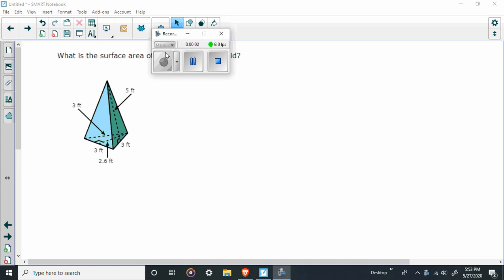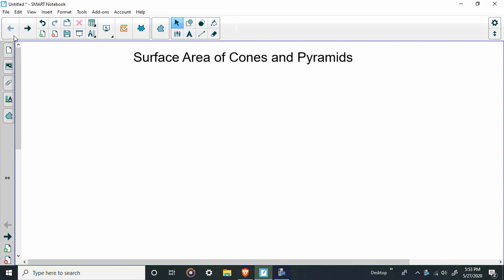Their geometry students. So we're going to talk today about surface area of, put the title here, of cones and pyramids. It's a little bit different than the surface area of prisms, because when we talked about prisms, it was pretty much find the area of some base, right? And then find the area of all the sides going up, and then find the area of the other base,